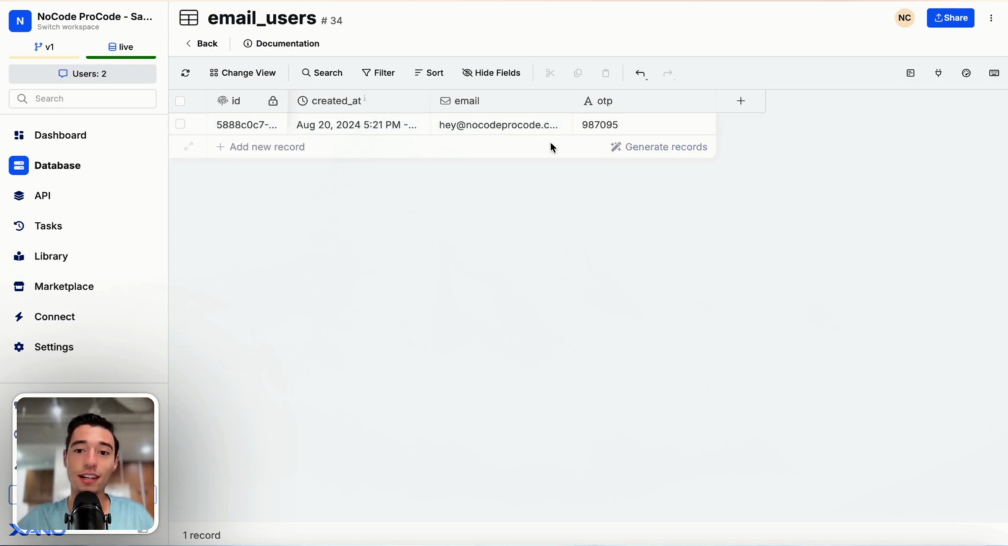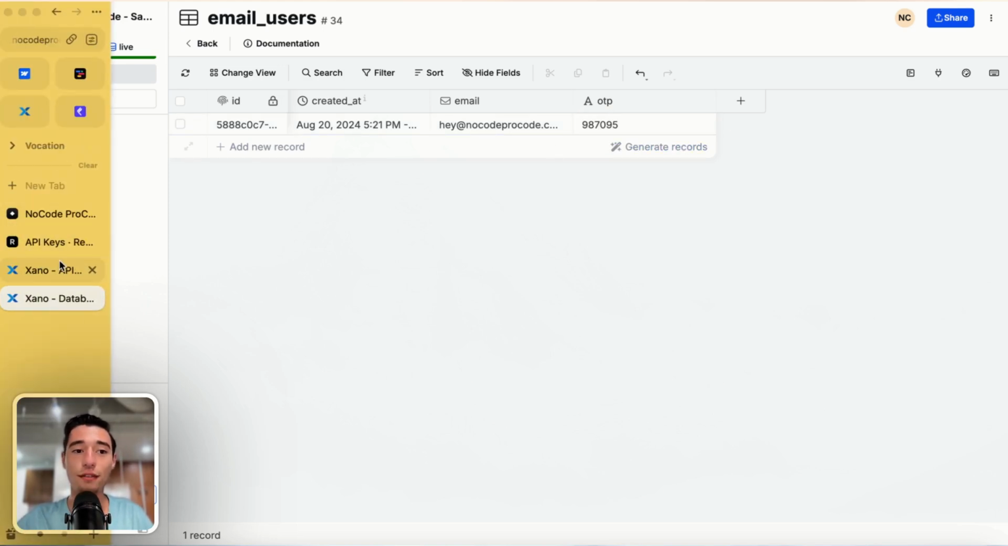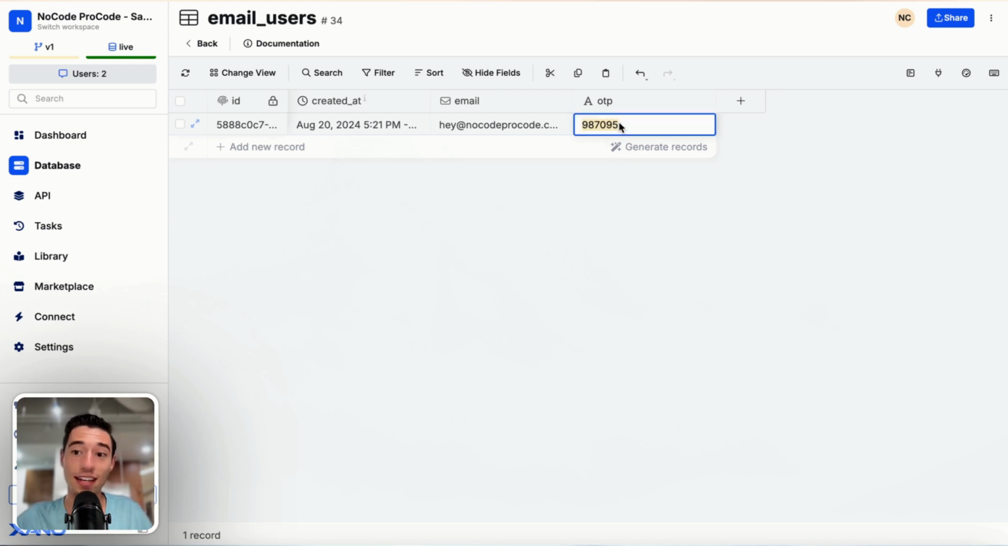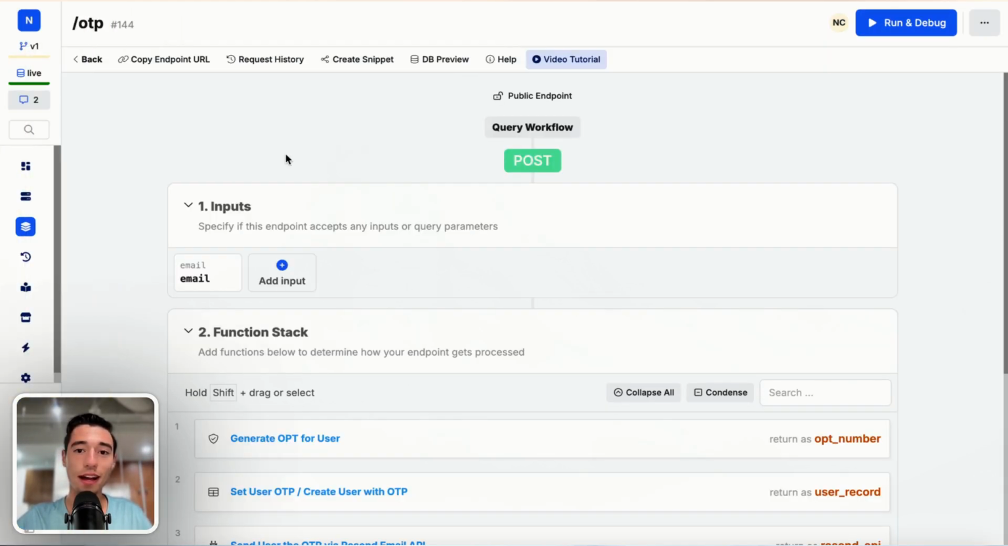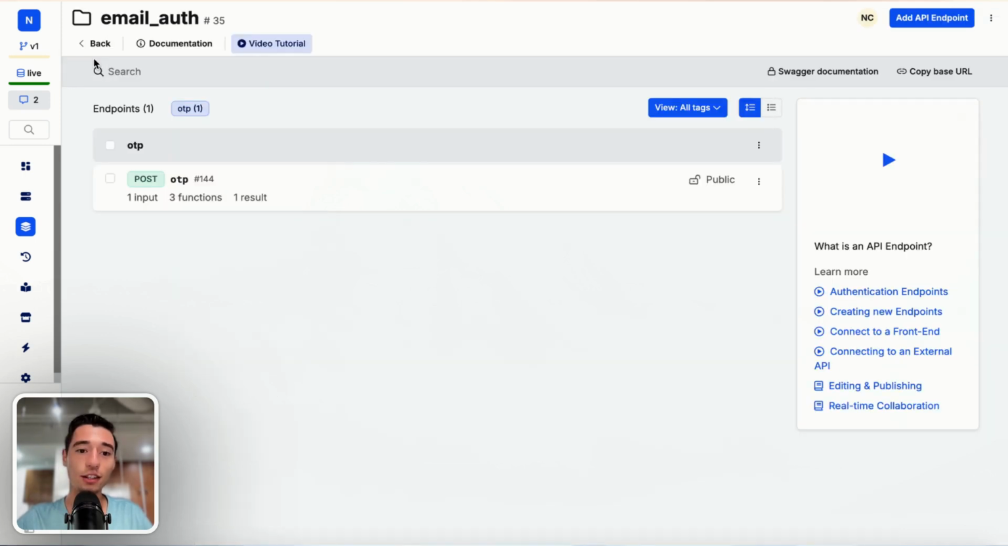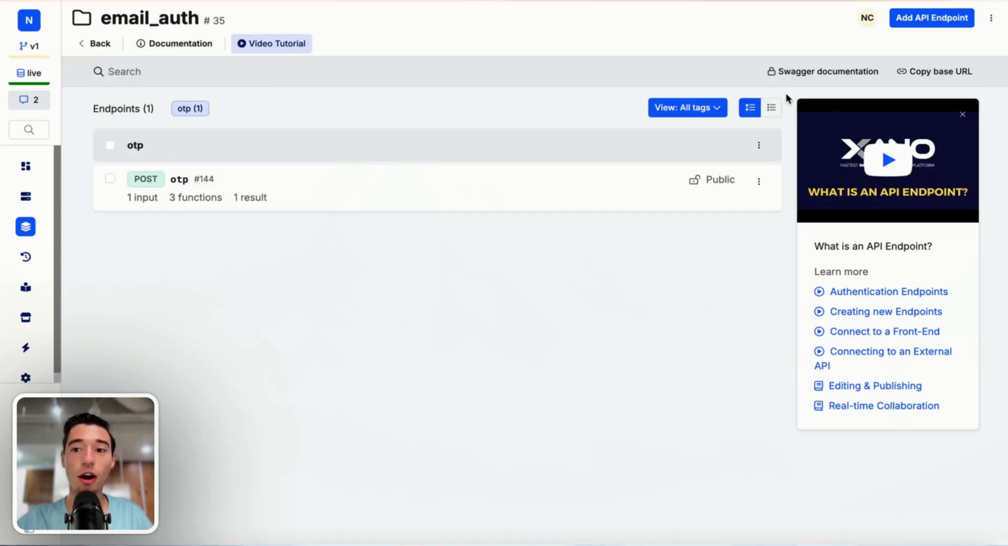This works great. So now we need to have another API that is validating that the code that I'm inputting is actually the code that is in the database. Let's build this right now. So let's go back here and let's go into our email auth API folder and let's add an API endpoint,